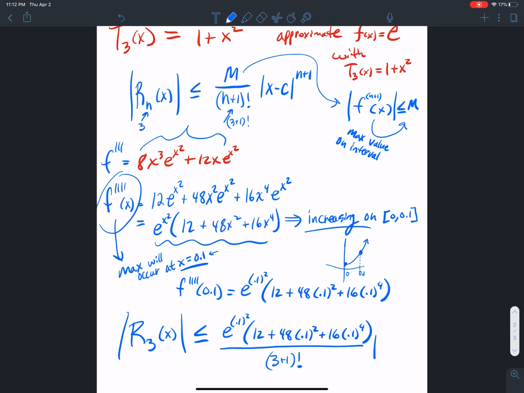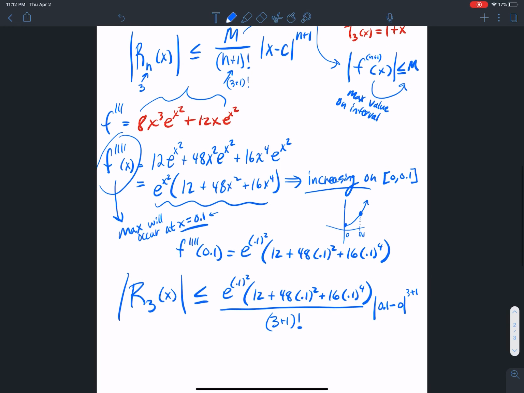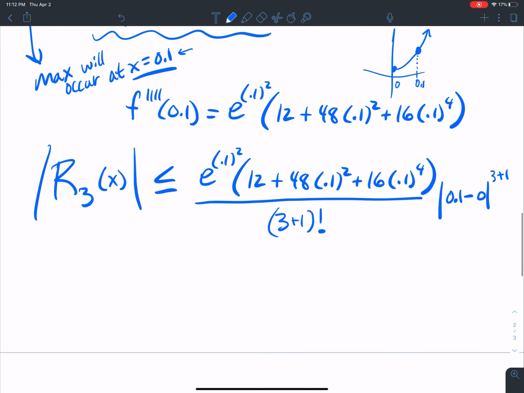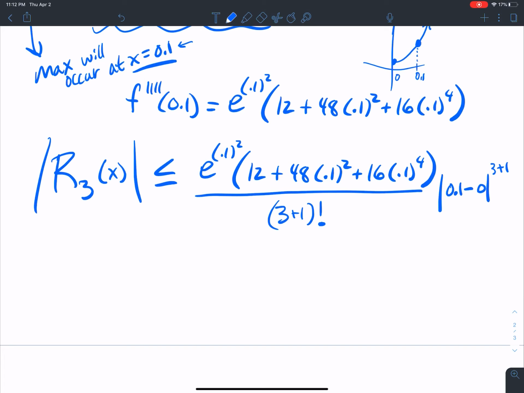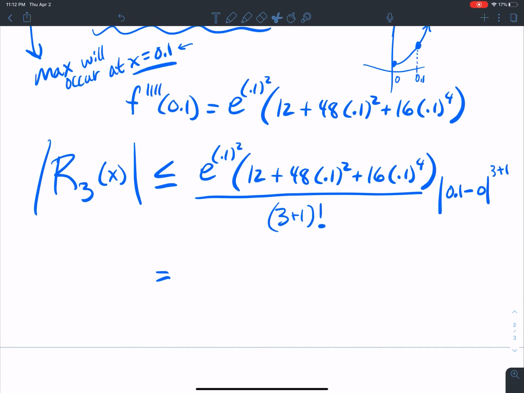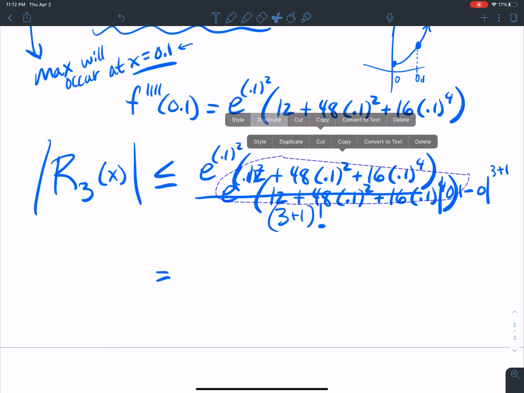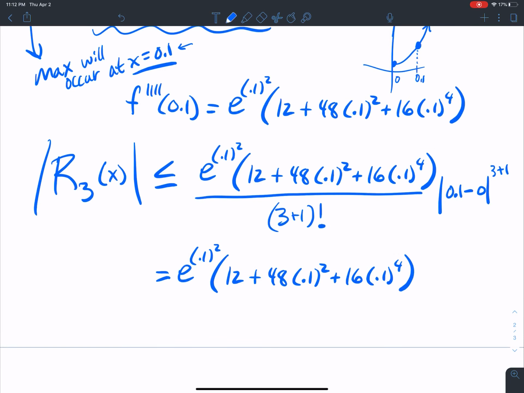Well, x is 0.1 minus my c, which was centered at 0, raised to the 3 plus 1 here. Okay? So I type that in my calculator. That's equal to, let me copy and paste this because it's a lot to write, over 4 factorial times 0.1 to the 4. When I type that in my calculator, I get roughly